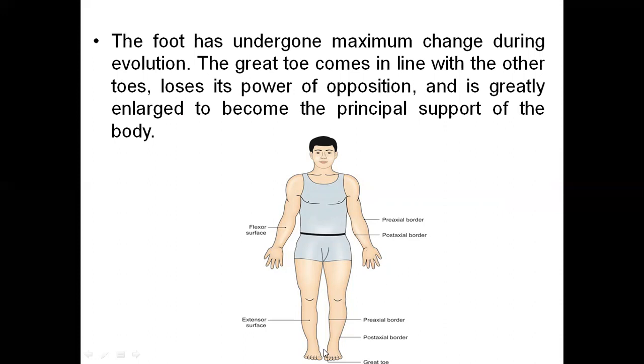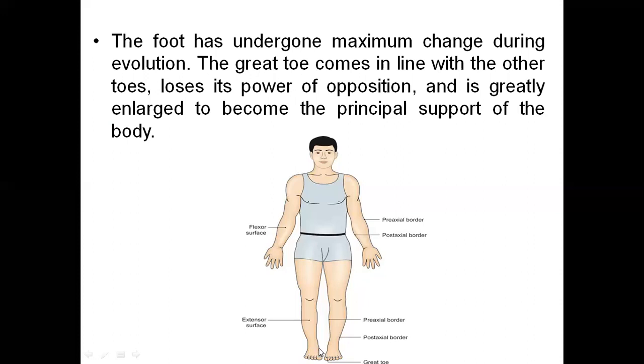Such action is not required in the foot, unless there are people who do not have properly functioning upper limbs and who use their lower limbs for eating and so on, as we see in YouTube videos. For such people, due to repeated use, the toes may be as well developed as the digits of the hand. Of course, this is an exception, but usually we see the great toe is in line with the other toes.